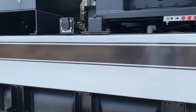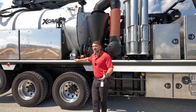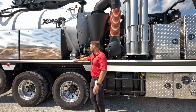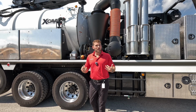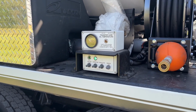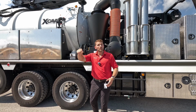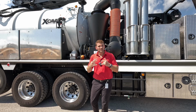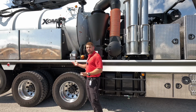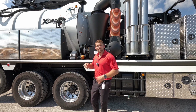Again, we have a wireless remote, so if you're dumping, you're most likely going to want to use that wireless remote, but you've got the ability to stay away from the debris and dump here if you want. So we've got a locking pin. Since we're using a rear-mounted boom, we have a locking pin that locks the debris tank into place on the body. Anytime I want to dump, I would get out of what we call boom mode, where we're moving the boom with that debris tank locked in, and I would go into debris tank mode. So I would unlock that pin, then I have the debris tank up and down, and the flat door open